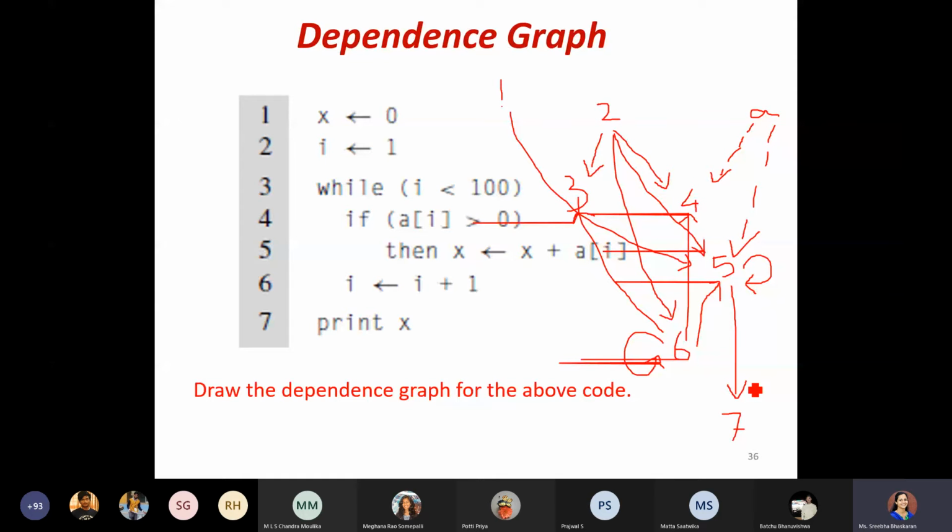So by using this dependence graph, we are only trying to show the flow of value. Whenever you have initialized your variable, or the first time you are using any particular variable, at that point the nodes would be created, and each and every time you are updating the values, new nodes would be created.